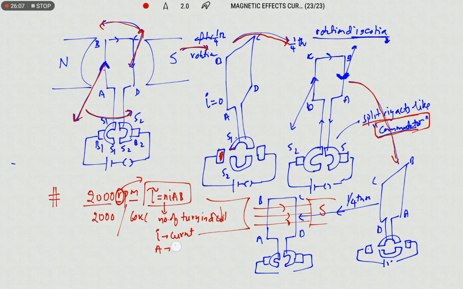Next, area. As the area of the loop or coil is more, it will make more rotations because of the greater magnetic force experienced by the coil. And then field intensity. If the field intensity is maximum, automatically we are going to get a greater strength of the force due to the magnetic field.